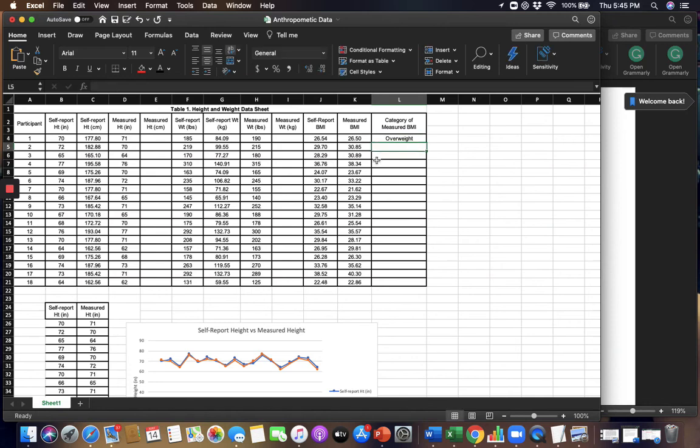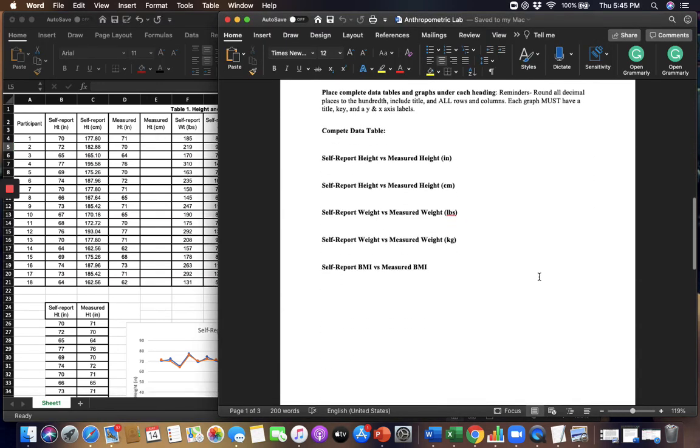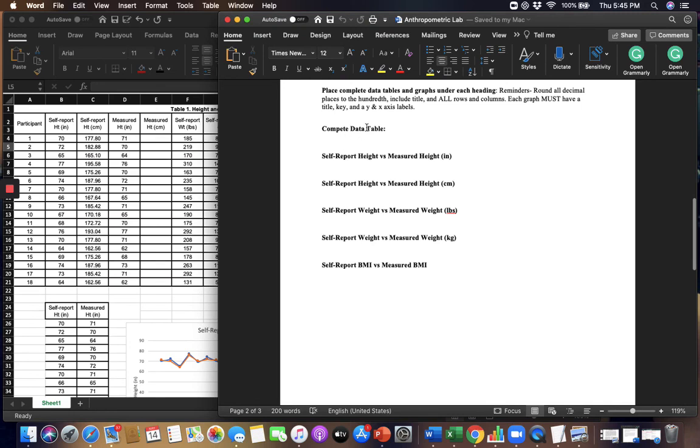I did post the PowerPoint inside of your module, so you can pull out the different categories that you can fall into for BMI, and then go through each one of these after you're done and classify them. Once you're done filling this entire thing out, you are going to copy and paste that into your homework underneath the complete data. Okay? Now the next few